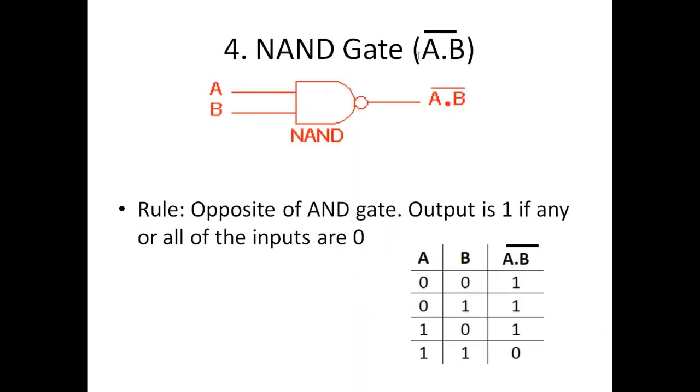Next we have a NAND gate. A NAND gate is basically a combination of AND gate and NOT gate. So NAND is basically short for not AND gate, and it is written like this: A plus B, that is A and B, and there is a bar on top of it to denote that the answer has been reversed. Rule: opposite of AND gate, output is 1 if any or all of the inputs are 0,